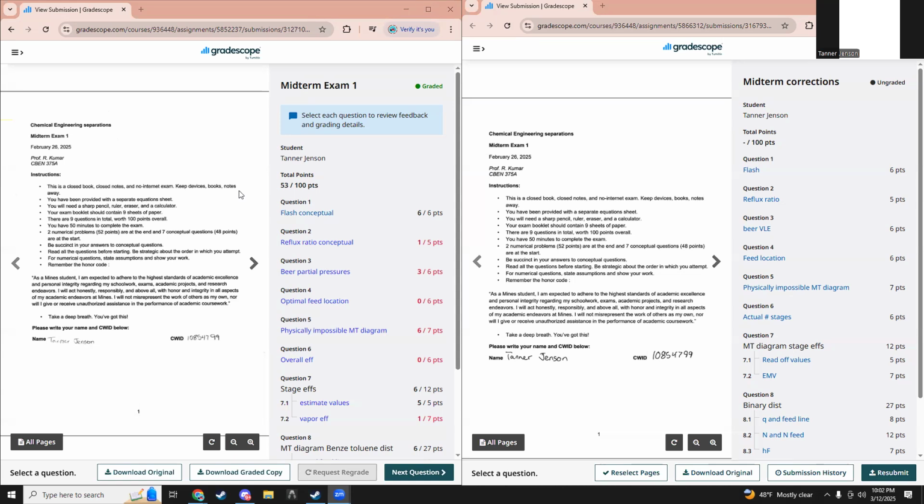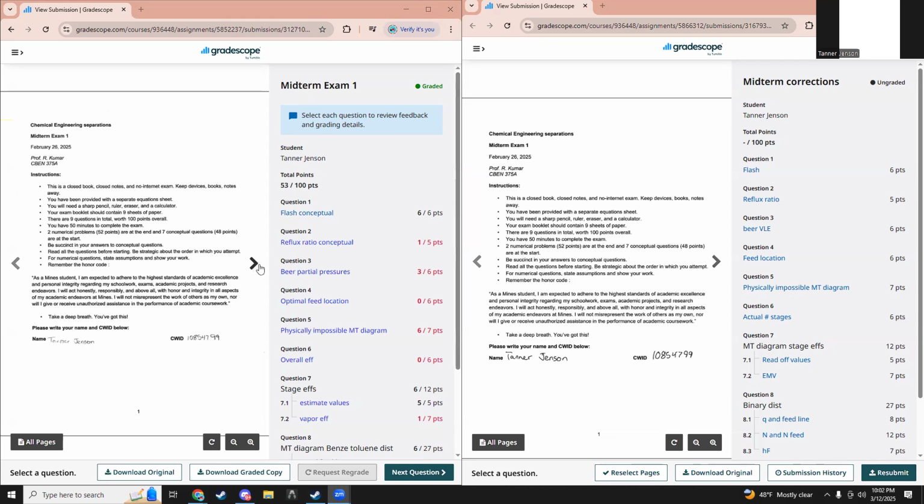I did do a previous submission. I thought it was due at 2 p.m. It got extended, so I spent a little bit more time, did another question I was missing a few points on, and fixed up some of my explanation for this cast for you. So on the left is going to be my original midterm,